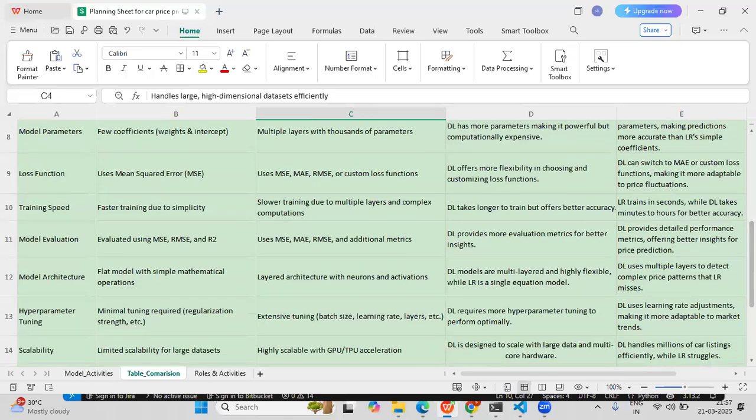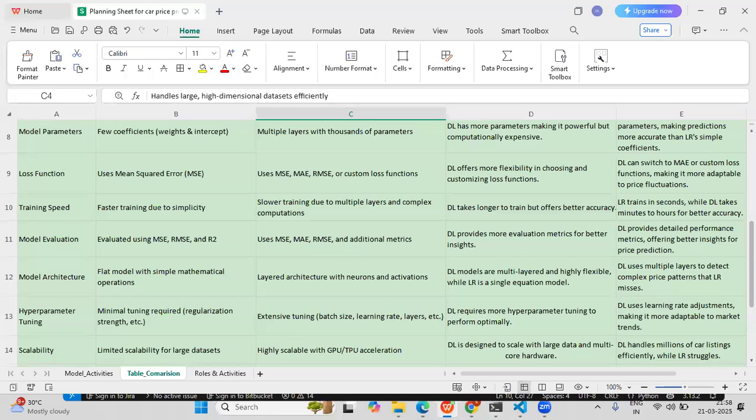Then model architecture. The linear regression model has simple mathematical operations that flatten the model using a linear equation. But in the deep learning TensorFlow model, we have a layered architecture, one layer after the other, with neurons and activation functions. So it has a multi-layer architecture under the TensorFlow model.